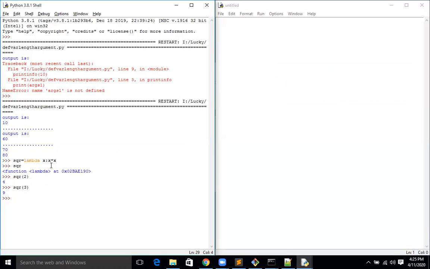That's it. So if you put sqr equal to lambda x colon, then you can write x into x, then it will be converted.